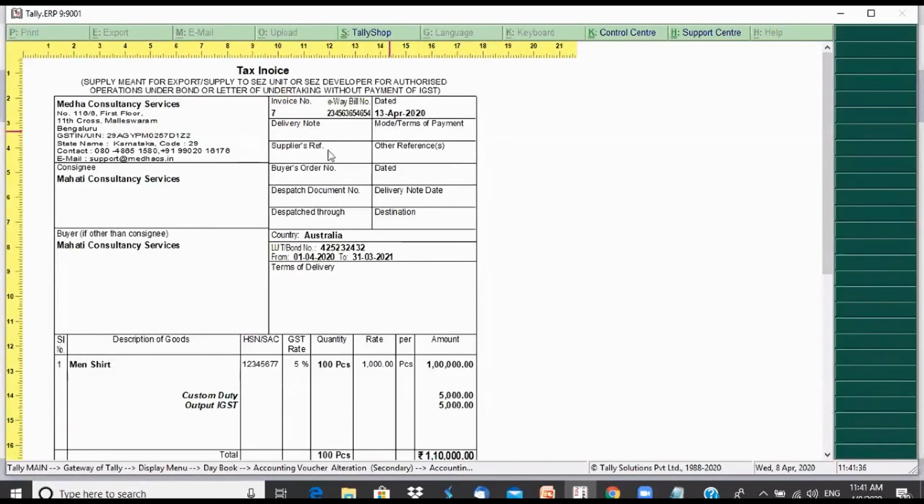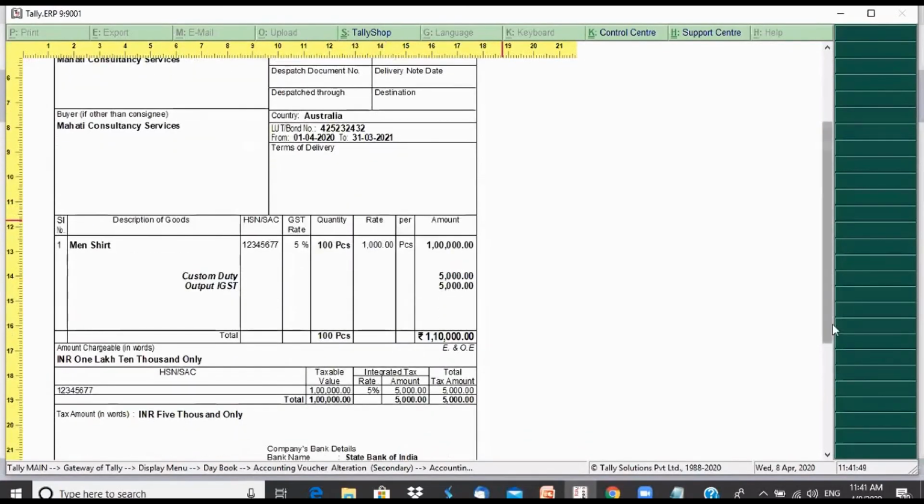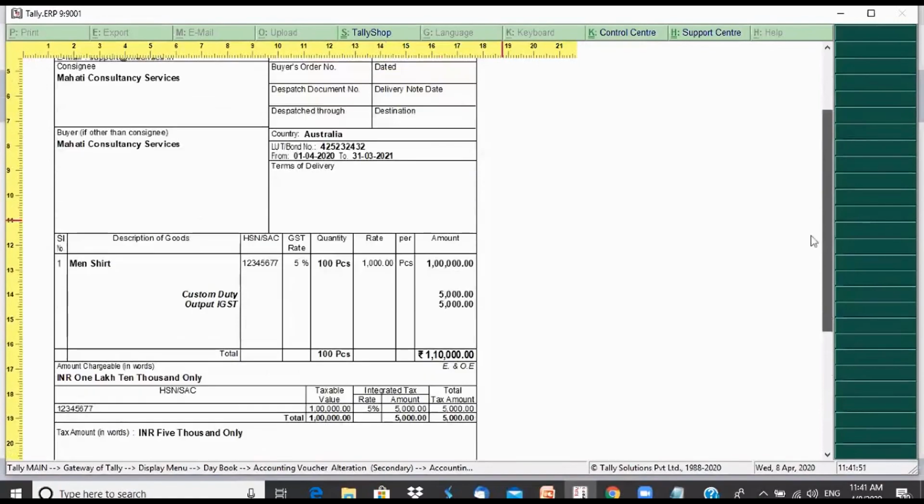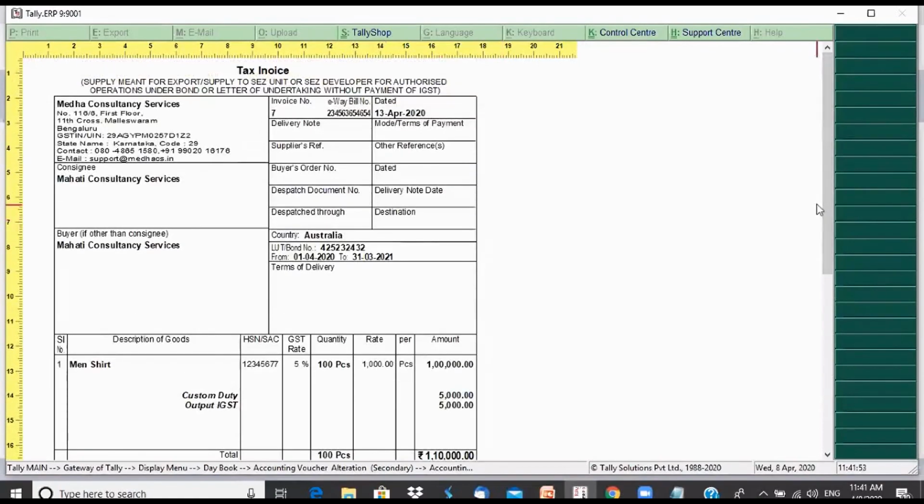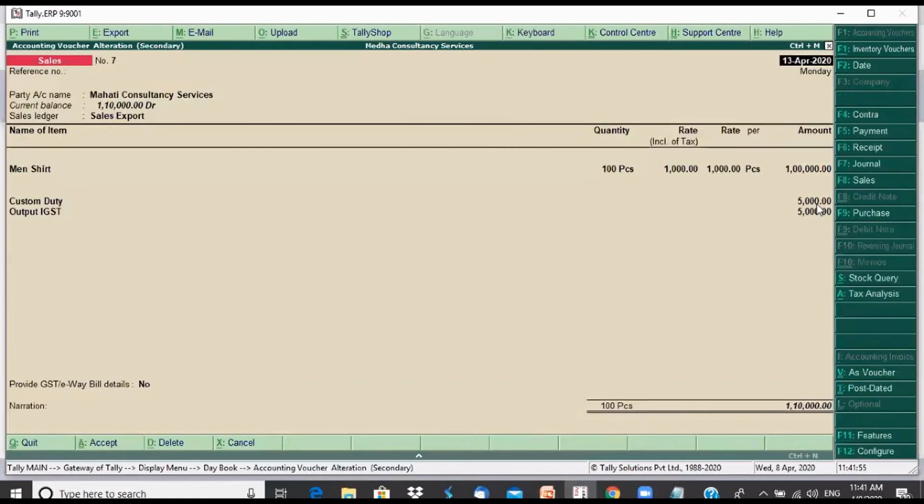See here on the invoice you are getting the LUT bond number. What is the date applicable, from 1st April to 31st March, and then your invoicings are coming. Okay, and if you want to include the export details over here when you are doing an invoicing, you could